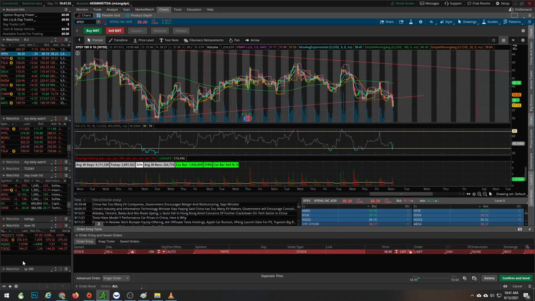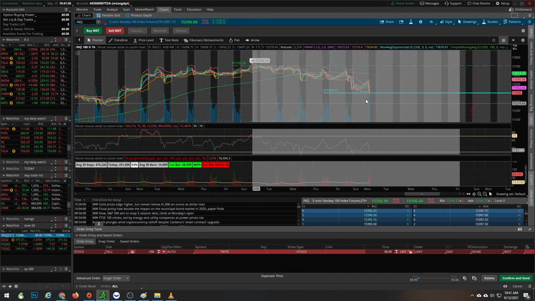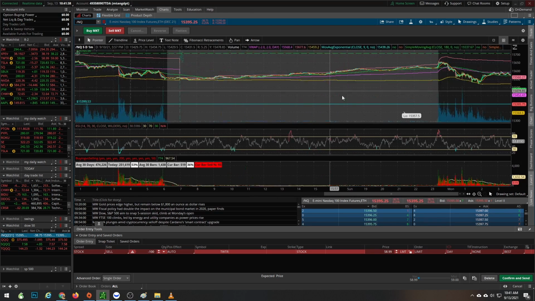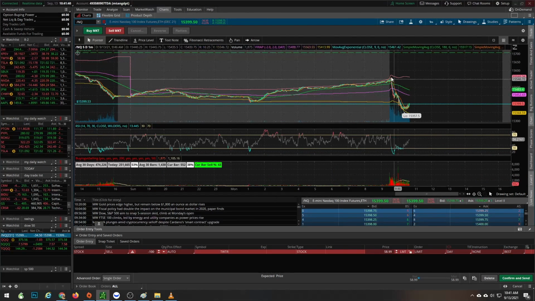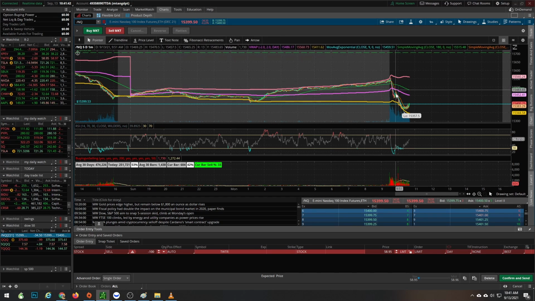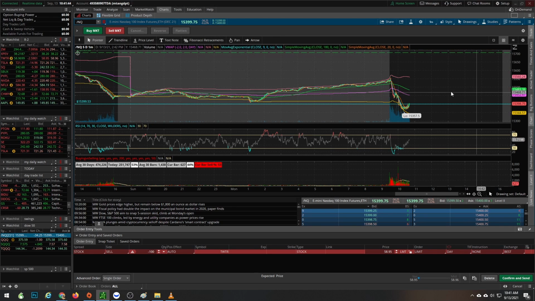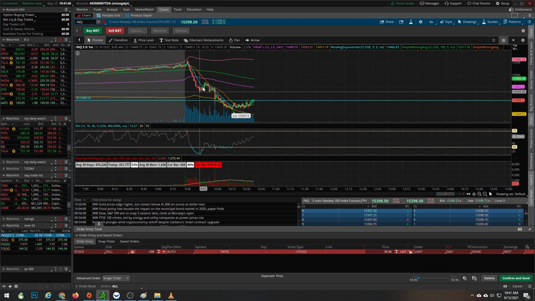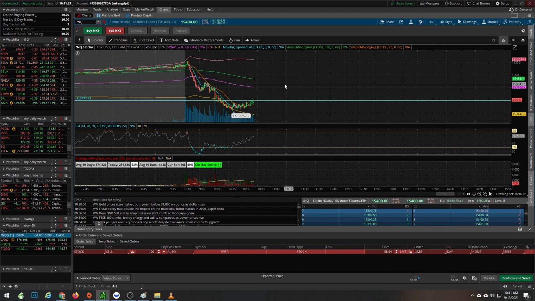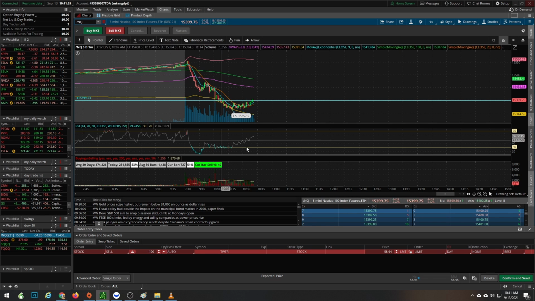I wanted to get back into another trade for a bounce back up, but fortunately I did not. If we look at how the market responded for the entire day, right now it's 10:41. What ended up happening was it made a quick pop up or a quick break to about below here. I was actually thinking about getting in for a reverse here just because of the potential reversal. It did reverse a little bit, but ended up pulling back all the way, so I didn't get in. I am playing some puts right now.